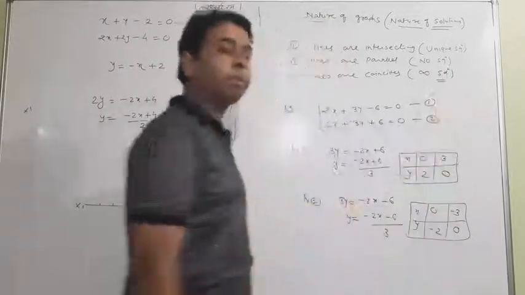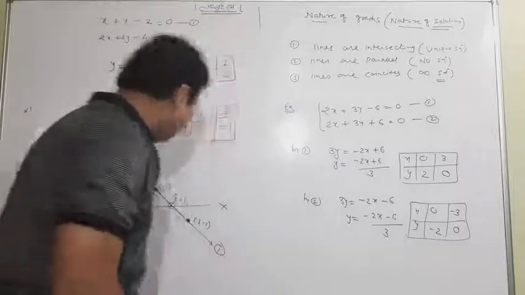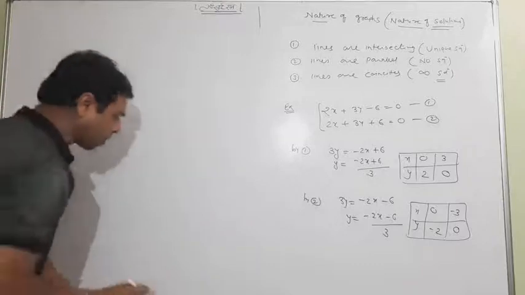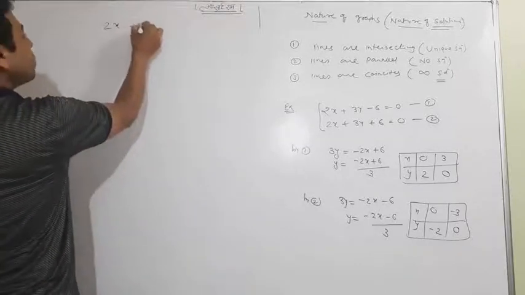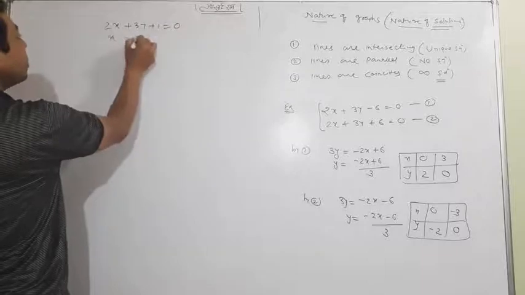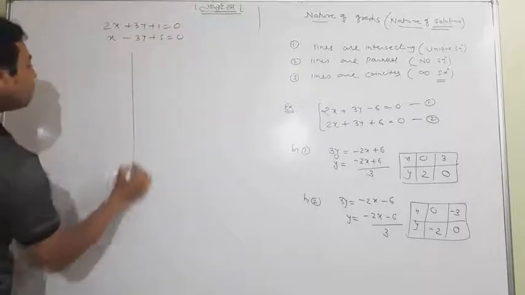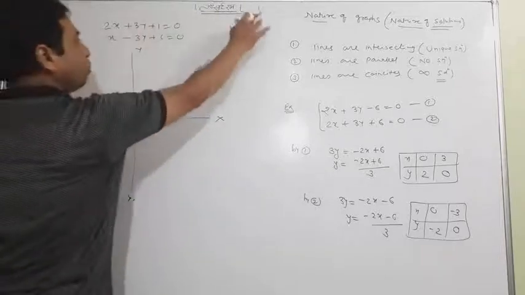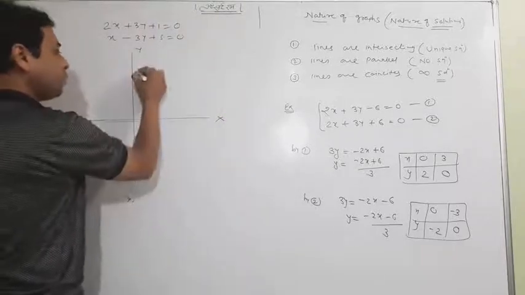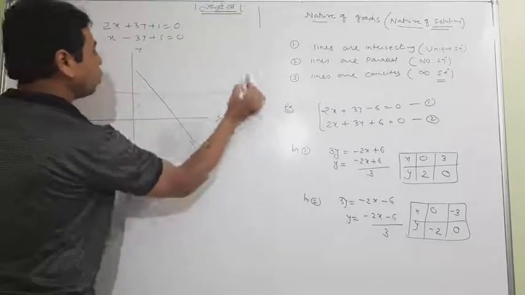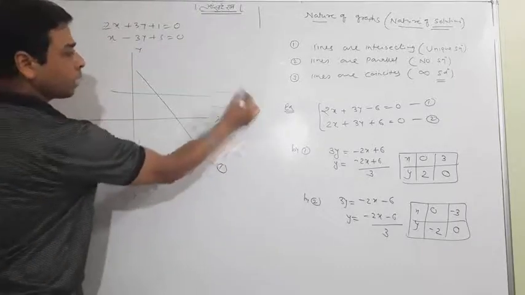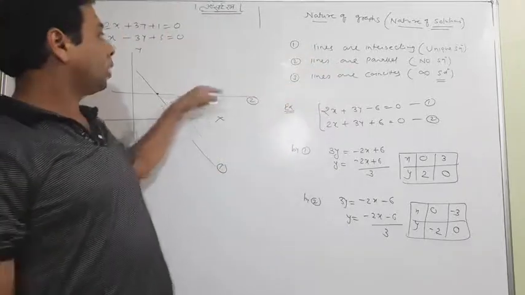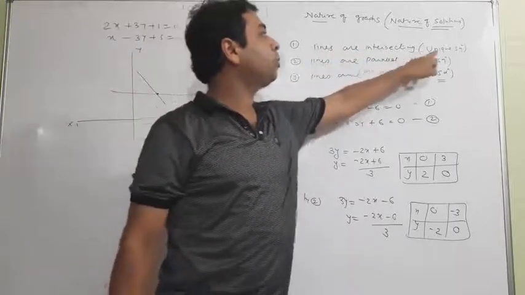Now try to understand the meaning of solution. Again I tell you, not with the proper graph, but simply. Suppose 2x plus 3y plus 1 is equal to 0, and x minus 3y plus 5 is equal to 0. Without taking proper values in the box, simply I am telling you, suppose this is the first line, this is the second line, and they are intersecting. What about it here? When the 2 lines are intersecting, it means a unique solution.